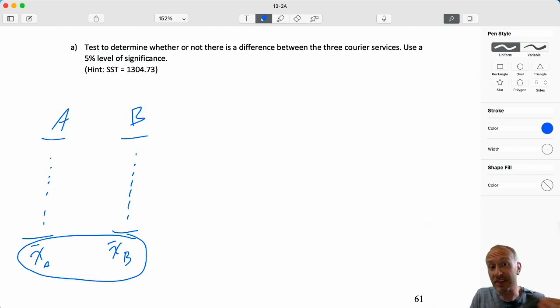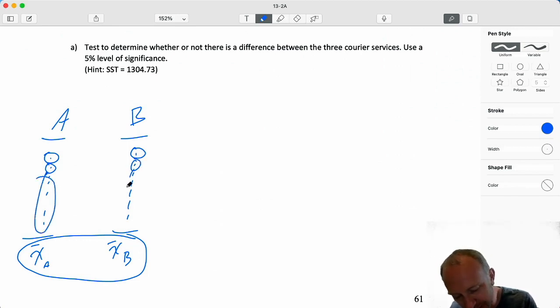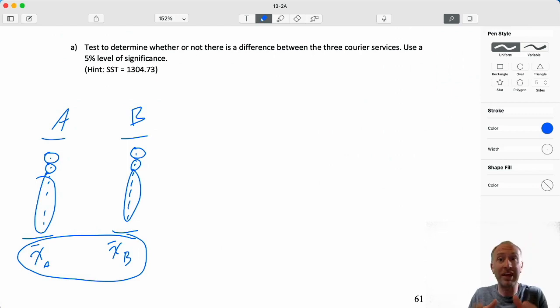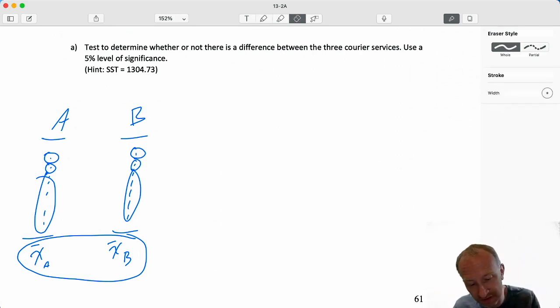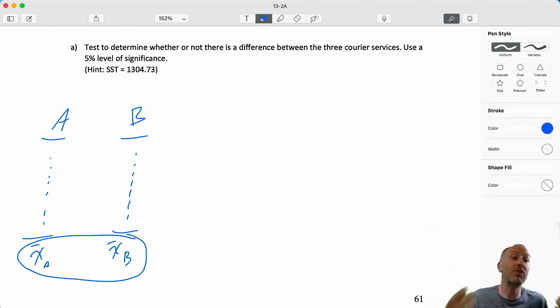Then we went into the matched sample and we started to talk there about accounting for different sources of variation. I don't want to go through the whole thing again, but in a nutshell, because this experimental unit is different than this one, and so on, all of these experimental units are different. Those in treatment A or sample A are different from those in sample B. That introduced an additional source of variation that in the matched sample design we removed by using a common